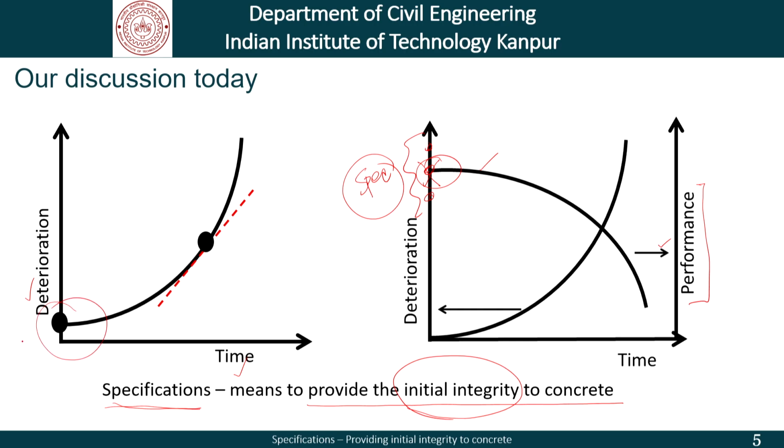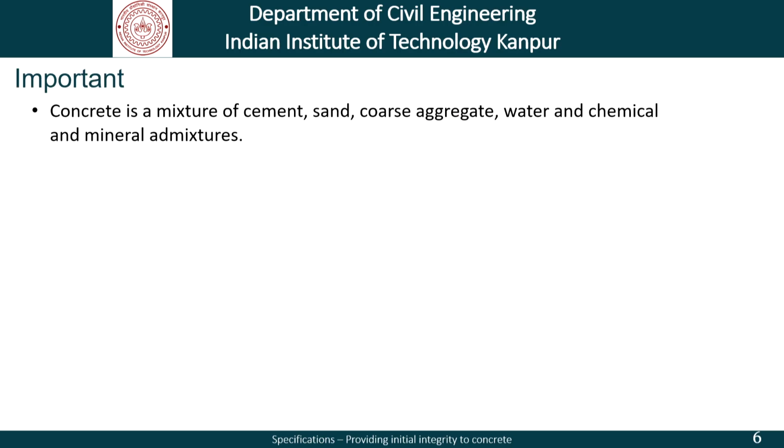As far as this part is concerned, we have already talked about it and related it to initial defects, and that is a matter pretty closely related to quality aspects, that is, quality control during construction. Of course, whether we start here or whether we start at 0, that is a moot question. The discussion today largely focuses on this part and its interpretation in more concrete terms as far as different mechanisms of deterioration are concerned.